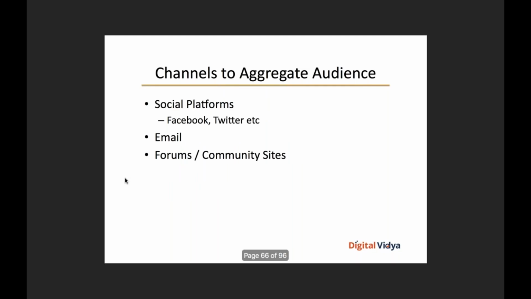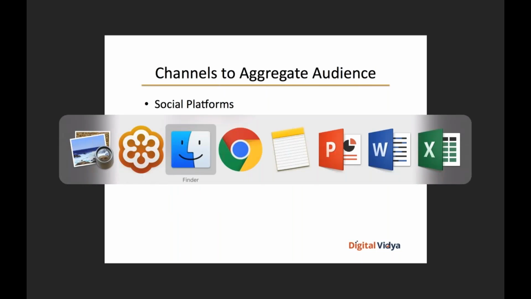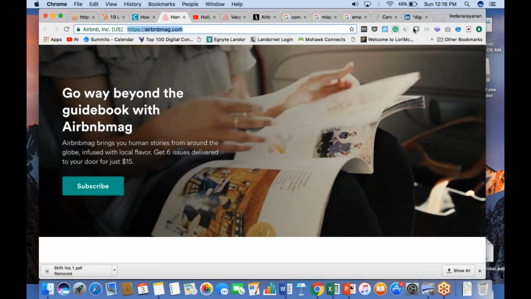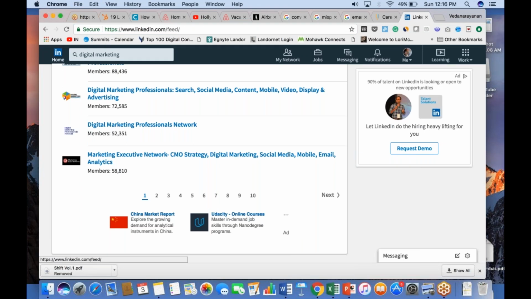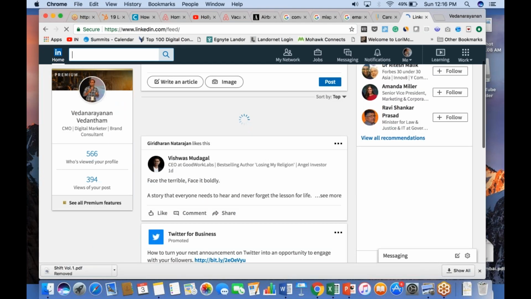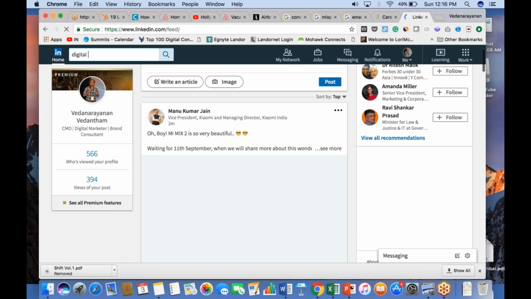First of all, selecting a distribution channel. So there are multiple things you can look at. You can look at social media platforms, obviously, emailers, forums, or community sites. I'm not sure how many of you have used forums or community sites. For example, on LinkedIn, if I were to go to LinkedIn and search for digital marketing groups,